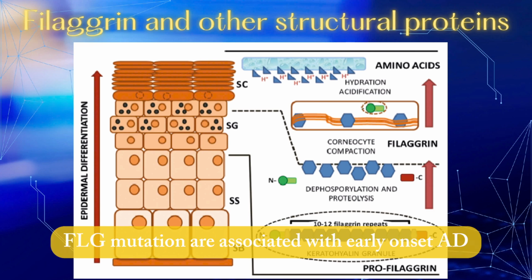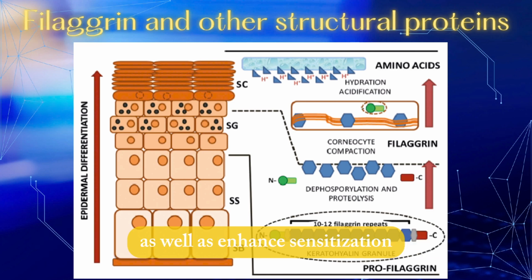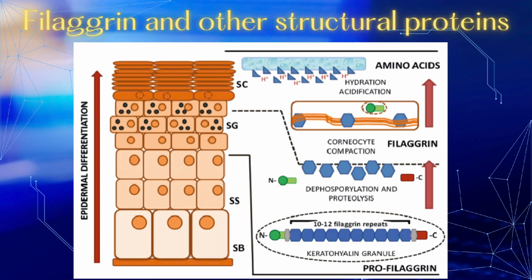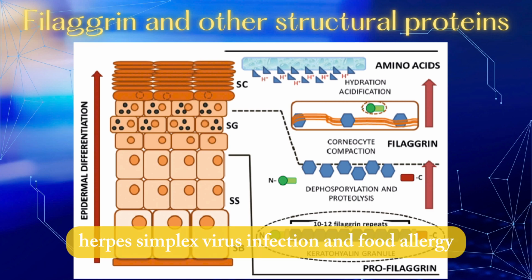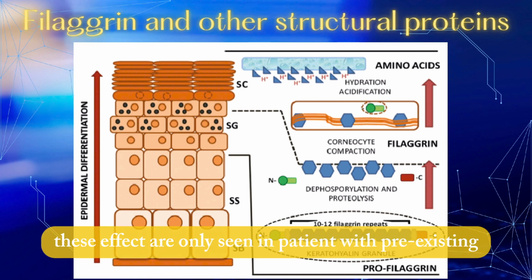FLG mutations are associated with early onset AD, greater disease severity, and persistence into adulthood, as well as enhanced epicutaneous sensitization and increased risk of irritant contact dermatitis and eczema herpeticum, herpes simplex virus infection, and food allergy. FLG mutations have also been linked to increased risk for the development of asthma and greater asthma severity. However, these effects are only seen in patients with pre-existing AD,